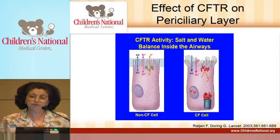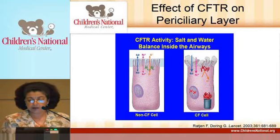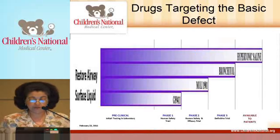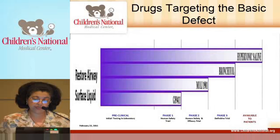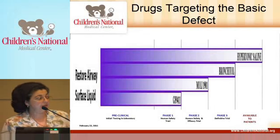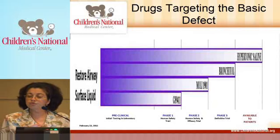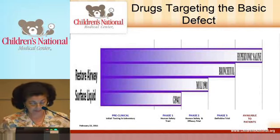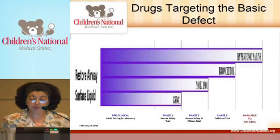So you get a secondary ciliary dysfunction, and you don't clear secretions. So there are some drugs that are targeting this. Currently in phase 3, here is an interesting medication called Bronchitol, and it's actually inhaled mannitol. How it works is just by being hyperosmolar, it's going to draw fluid into the airway. It has just been licensed in Australia, so it's expected that there's going to be an application here to the